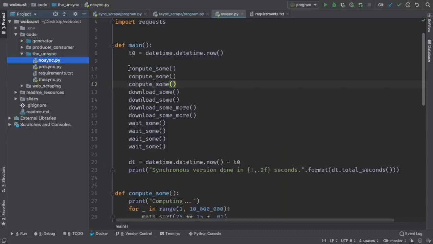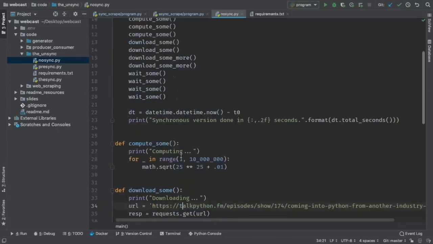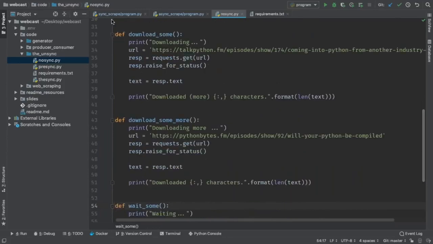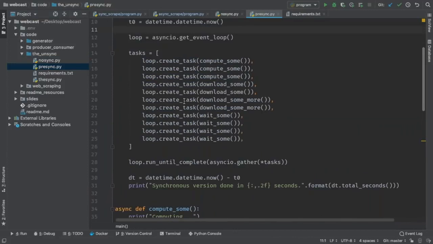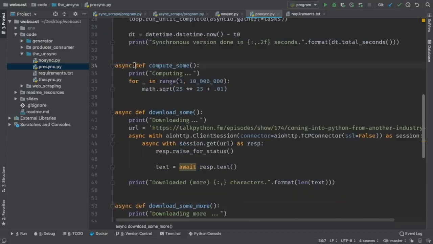This is going to do some work that is computational. It is going to do some work that downloads something. It's going to do some other work that downloads something. And imagine in your mind, let's look at this one. We're going to try to parallelize this and throw in async IO at it, okay? But it turns out to not be super helpful. So we're going to turn them all to async so we can treat them similarly as tasks, even though this computational one actually has no awaits. There's no real point where it breaks.